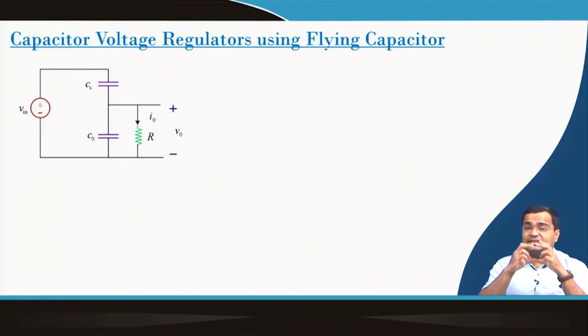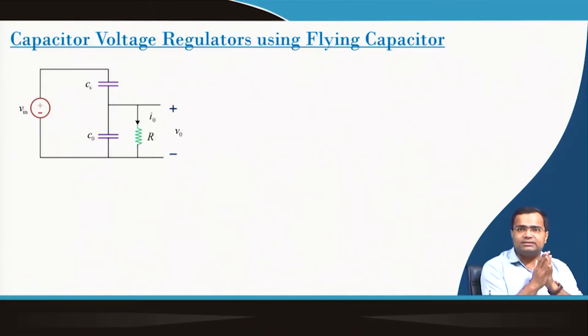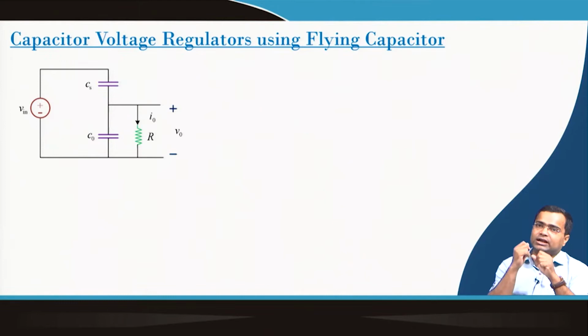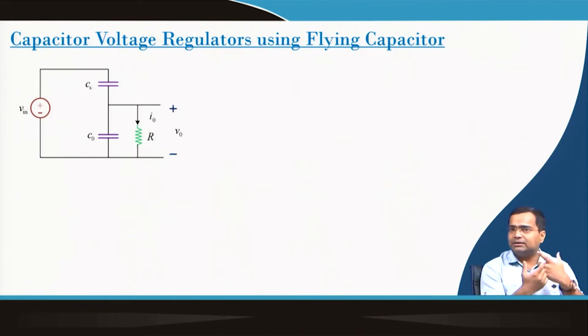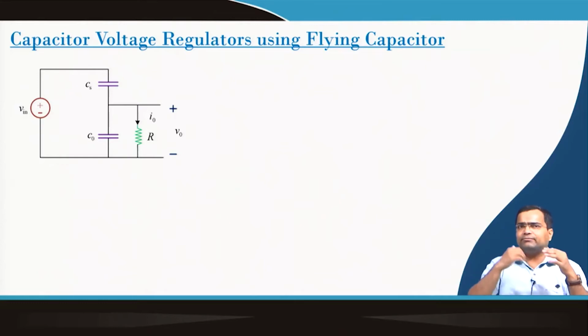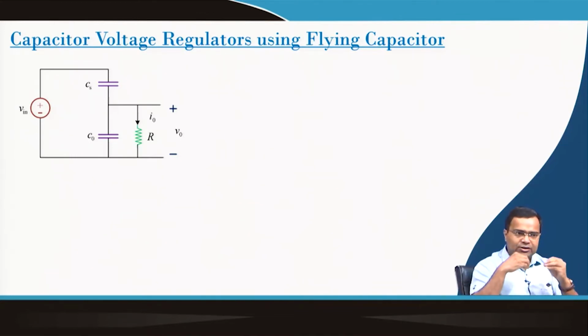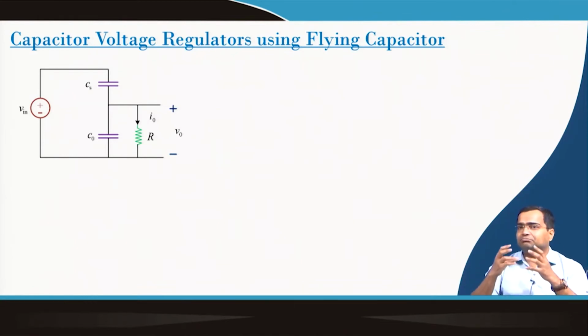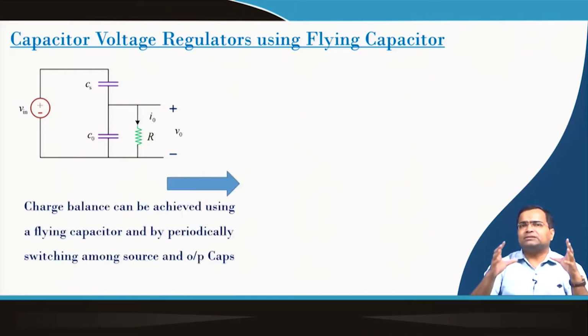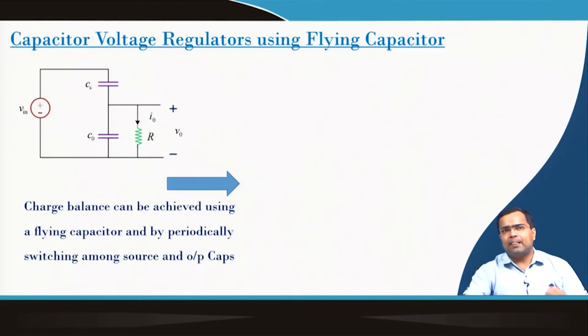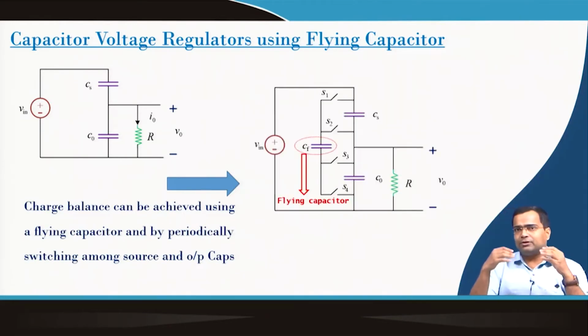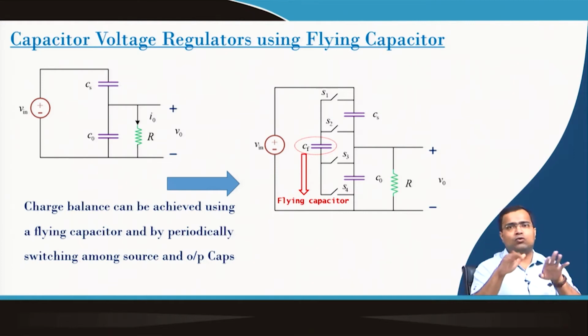When we are operating at steady state without load, the charge was balanced, but when you connect a load, the current is flowing and the charge balance is getting hampered. As a result, you have an asymmetric voltage across the capacitor and the output capacitor collapses. But now, suppose we find a mechanism by which we can maintain the charge balance by means of a switching action, and that charge balance can be achieved using a flying capacitor, by periodically switching back and forth this capacitor between the source and the load output capacitor, and this Cf is the flying capacitor,